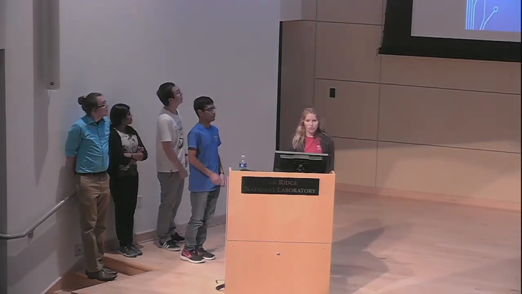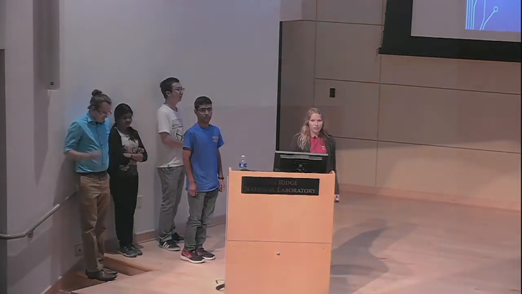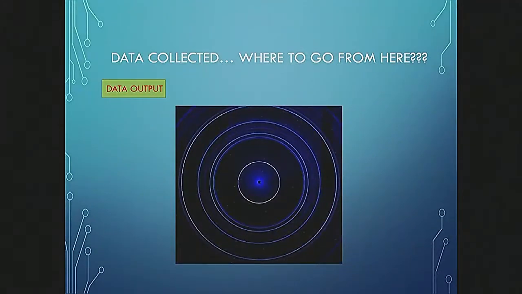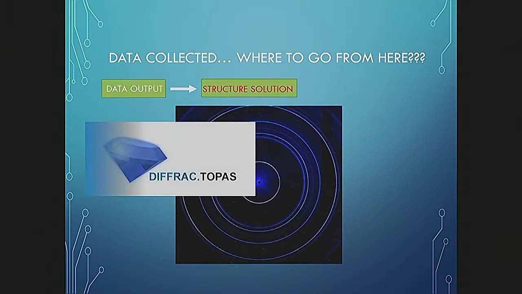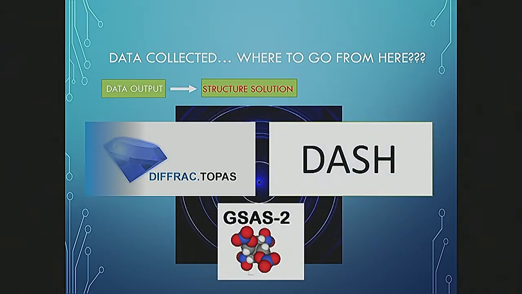Okay, so you just heard from Charles, Berkeley, and Nathan about the data output that you get from these experiments, which, as we can see, these nice rings. This is due to the polycrystalline material being ideally oriented in a completely random orientation. And what we do with this data output is followed by the structure solution. And it's important to note that today we're not actually going to be talking about structure solution, we're talking about